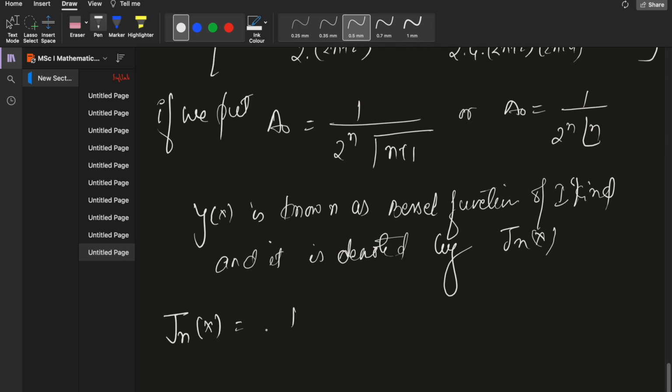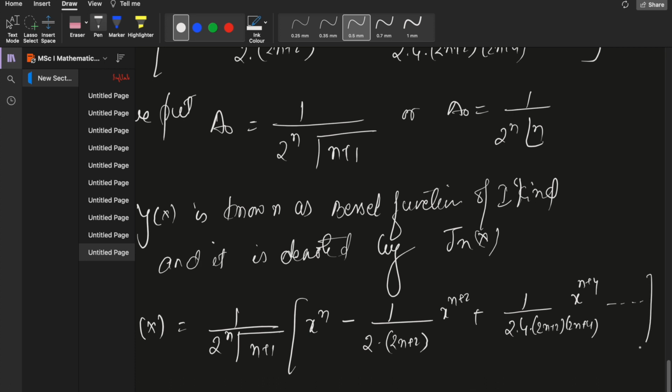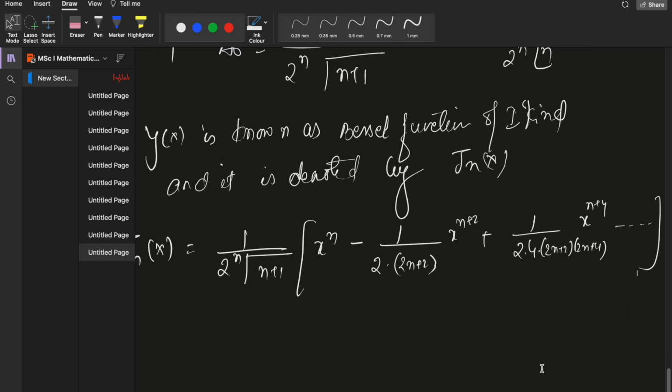is equal to 1 upon 2 to the power n plus 1 x to the power n minus 1 upon 2 times (2n plus 2) x to the power n plus 2 plus 1 upon 2 times 4 times (2n plus 2)(2n plus 4) x to the power n plus 4 minus and so on. Alright,